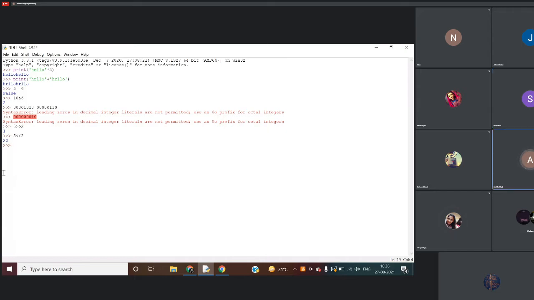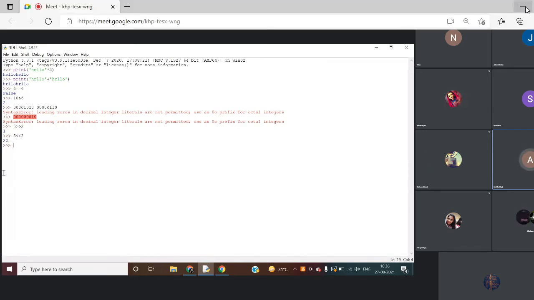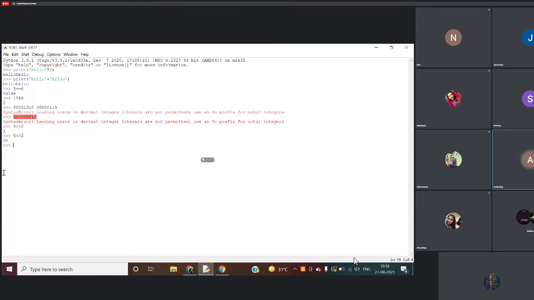Then there is an exercise in the end, so please do that exercise, because in the exam you can get any 3-4 marks questions like this only. You have to give the output based on those expressions.